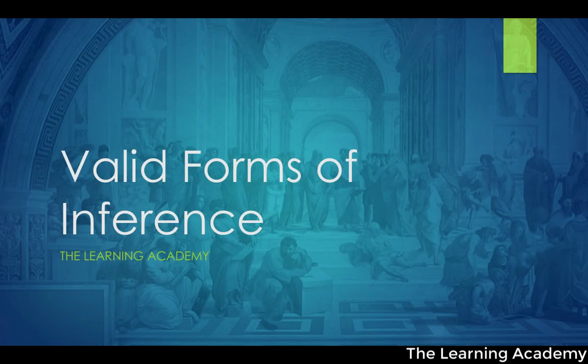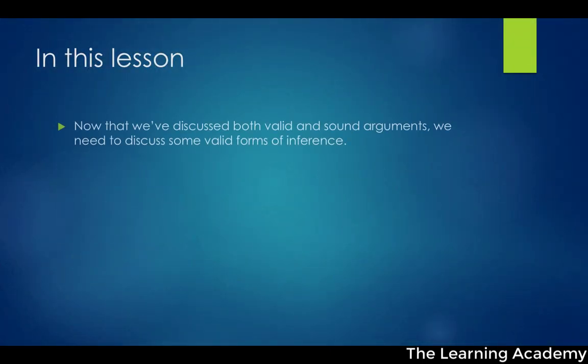As mentioned in the previous lesson, in this lesson we are going to start to look at what we call valid forms of inference, ways in which we can infer validity, some kind of inference rules for creating valid arguments that apply to any argument whatsoever. Okay, so we've already looked at what a valid and a sound argument is. We're going to put aside sound arguments for the time being and come back to them when we look at informal fallacies. And in the next few lessons, we're just going to focus on valid arguments and specifically valid inference